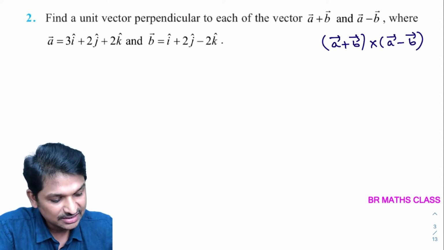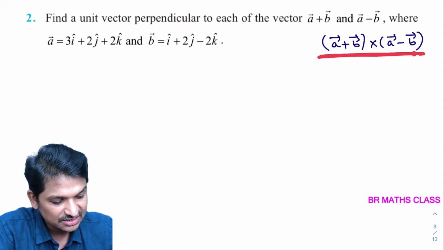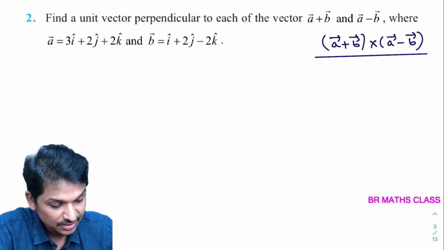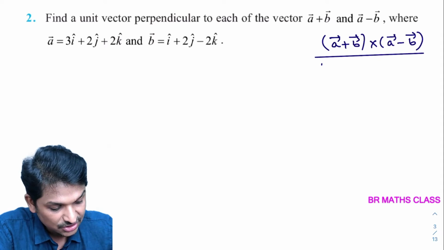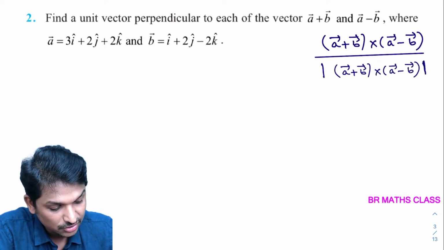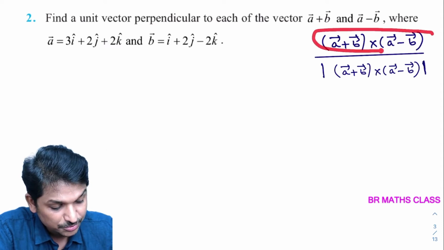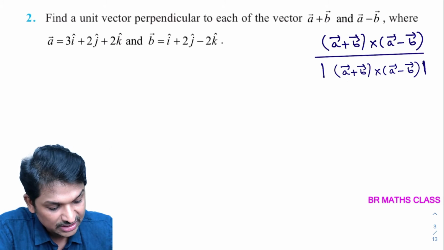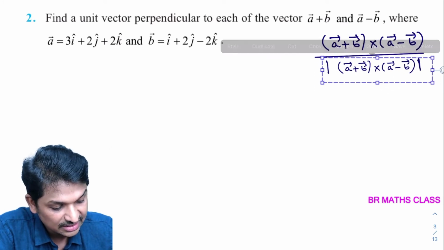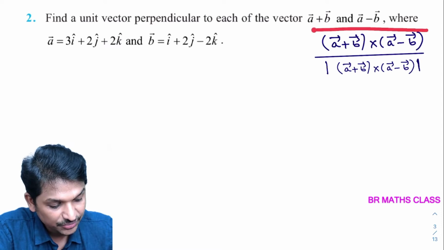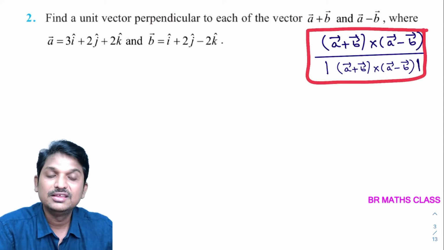So here, this is the vector now. If I divide this vector with its magnitude, modulus of, I'll write directly here, divided by the magnitude of that vector. Any vector, whatever you are getting here, you observe this is the vector. That vector is divided with its magnitude. We learned this in unit vector concept, right? So this is the vector. This is a unit vector.